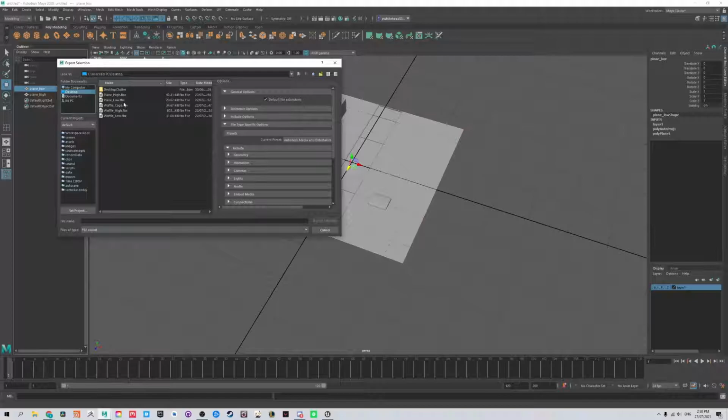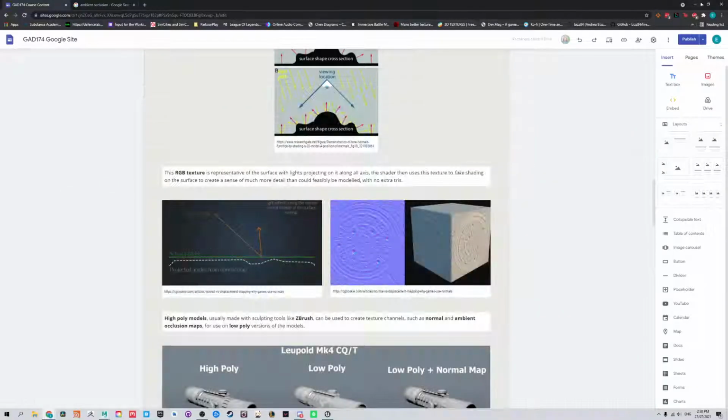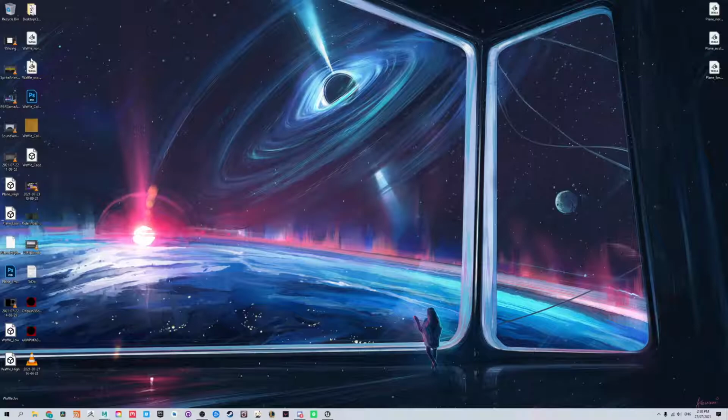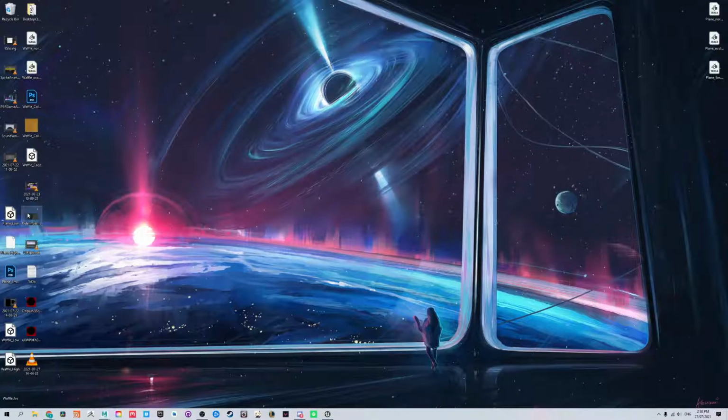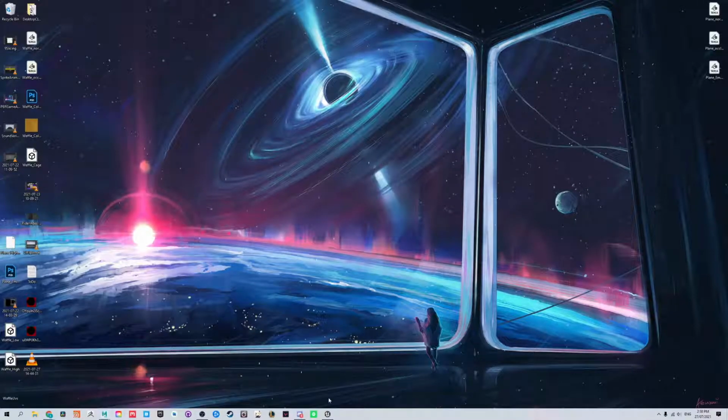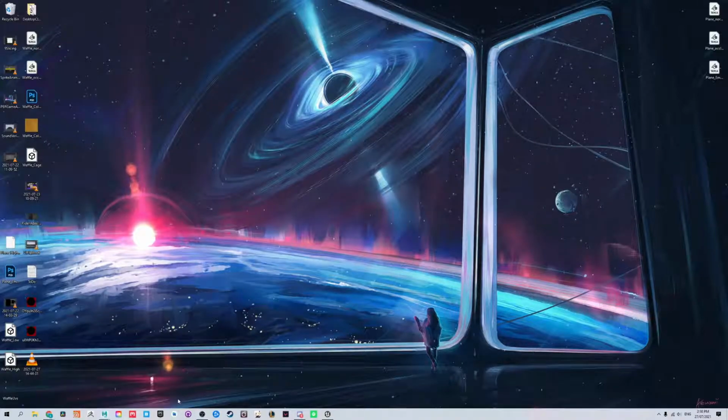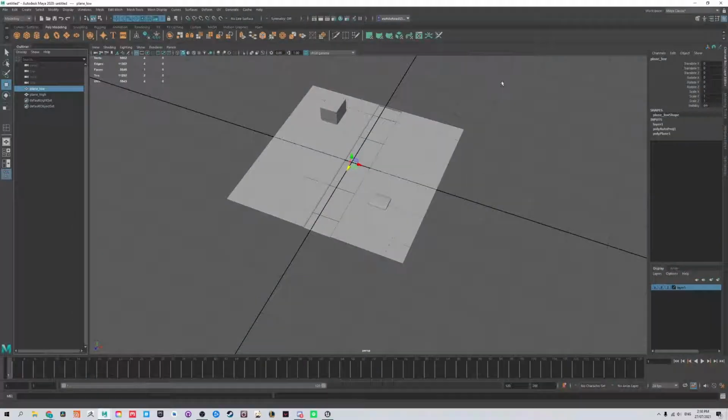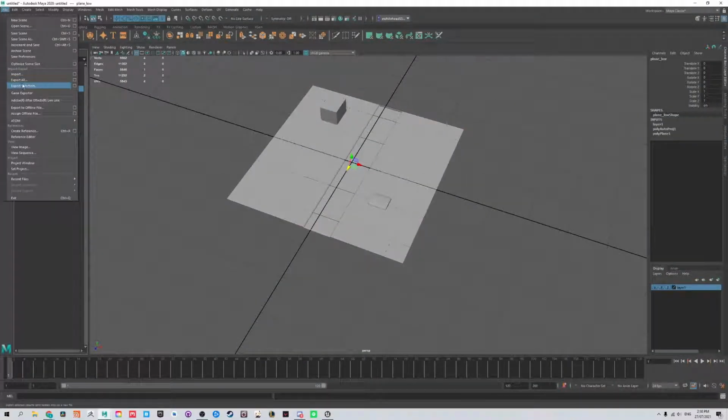desktop. I still have these from the other day. I'm going to get rid of those. Oh, I can't do it from here. All right, I'm going to do it from jar, plane high, and plane low. There we go. All right, so I'm going to export